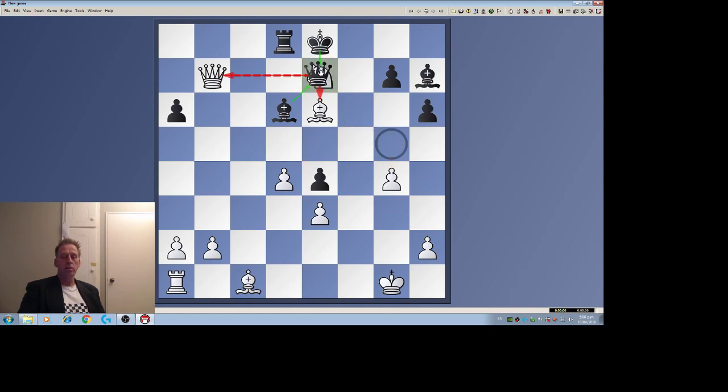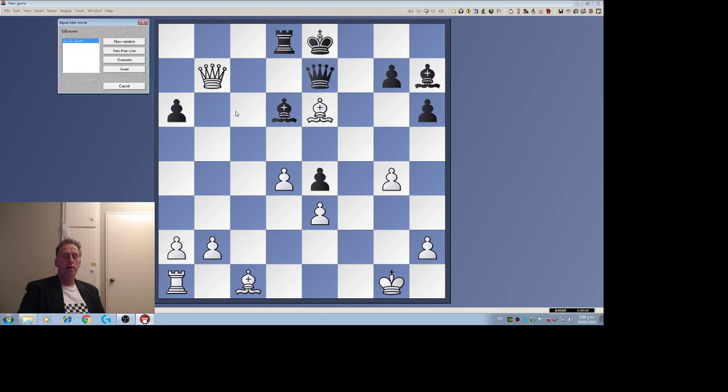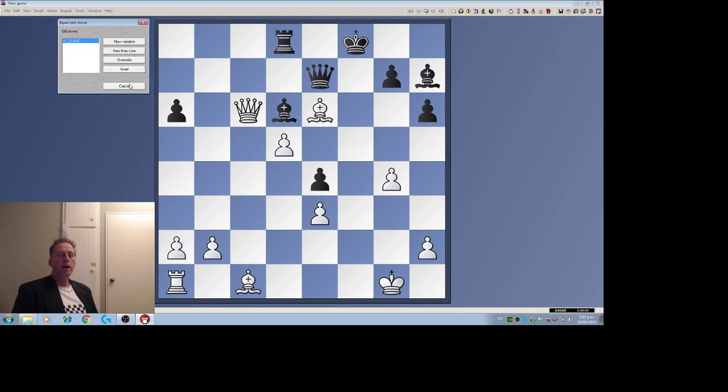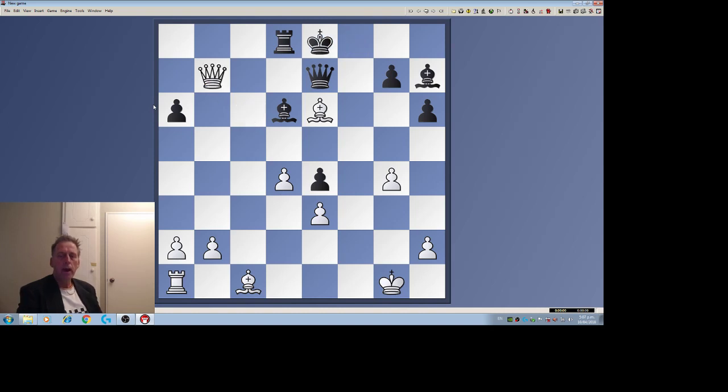hard still. Because if queen e7, new variation, I would play this, and this is more or less forced. Bishop here, and I don't know, maybe that wasn't the best idea actually, because queen takes is no good for white. So here, if this, I'd have to probably play something like d5. Cancel. So we will go back to the position